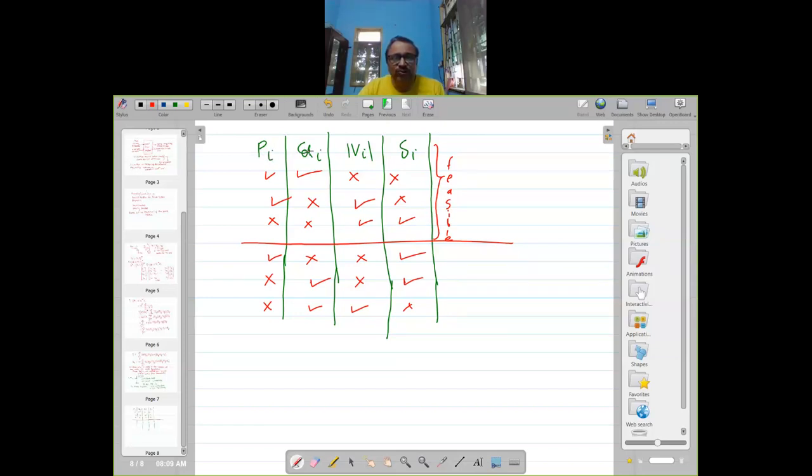Whenever the load at a particular bus is known, PI and QI are known. Assume that there is no generator connected. Then the unknowns are the voltage at that bus and its angle. Okay. So this type of bus is called a